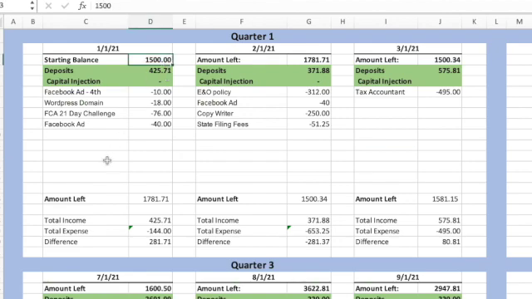Ultimately, what you're looking at is a starting balance, your deposits or any capital injections coming into that operating expense account, and then whatever your expenses were. So here are some expenses for a Facebook ad, for a WordPress domain, for a 21-day challenge, and then for another Facebook ad within the same month. You are then left with the amount remaining. And then underneath, you can see what your total income was into